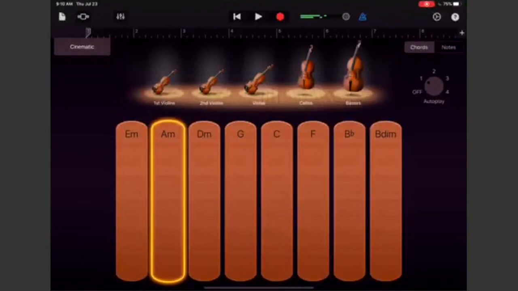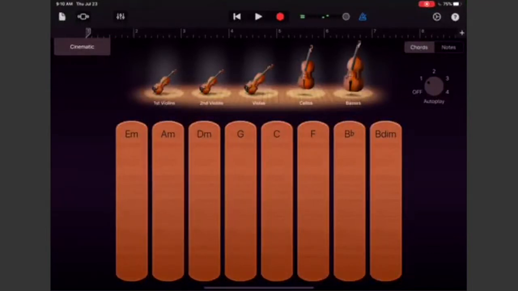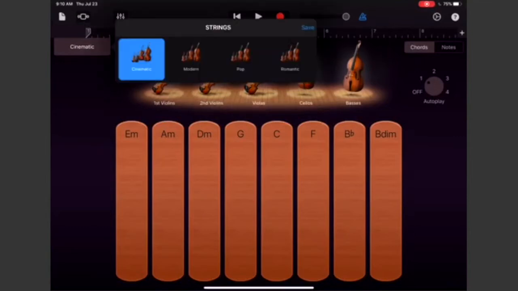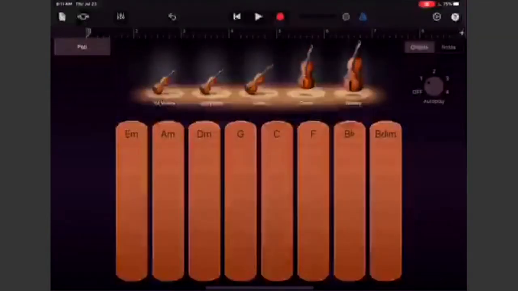All right, now I'm going to stop it by tapping again to stop it. And I could go to 2, 3, and 4, so you can explore that. You also can choose chords or notes. And then where it says cinematic, you can change to modern, pop, or romantic. I like the pop a lot too.